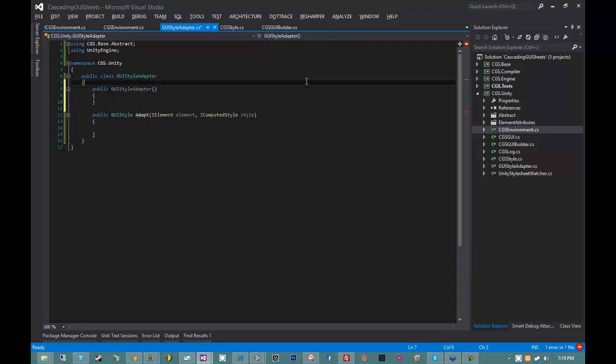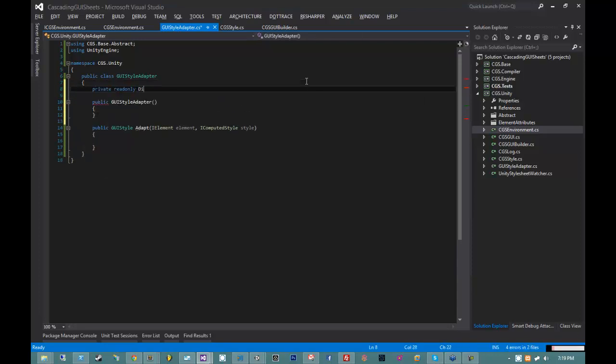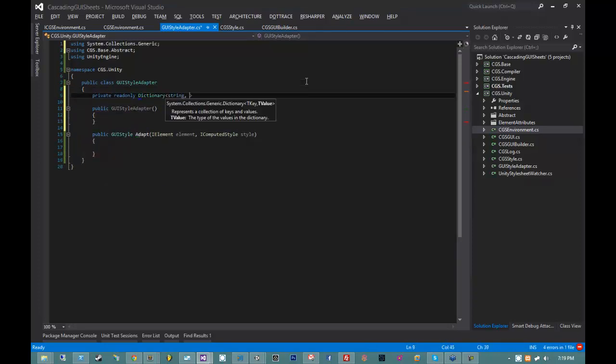I think that makes sense. I'm going to add a private read-only dictionary of type string and GUI style called style cache. Now our style cache does need to be invalidated upon changes. So this is going to be